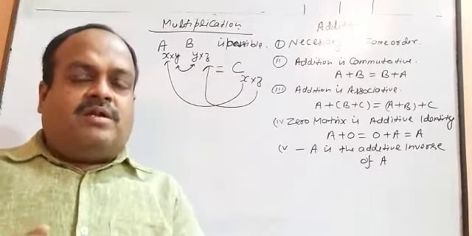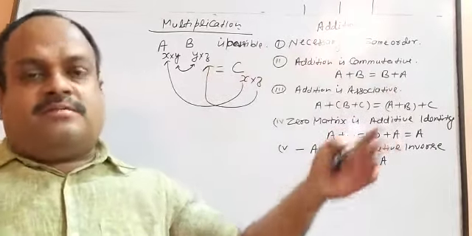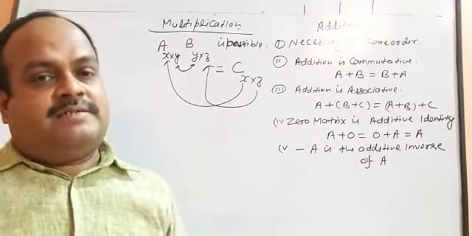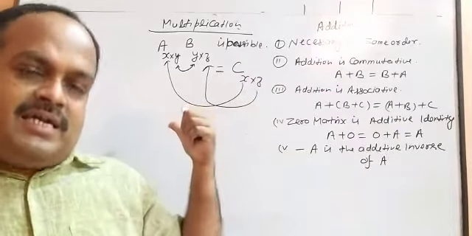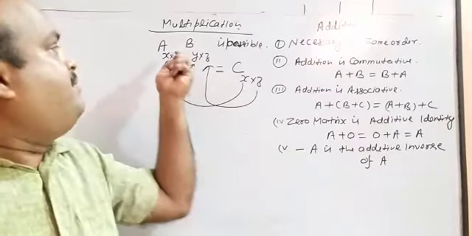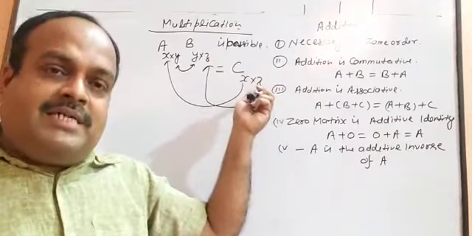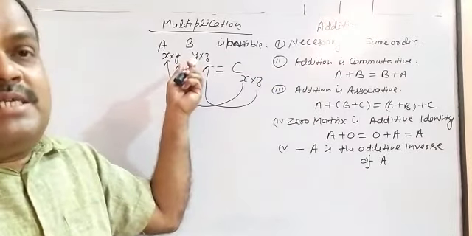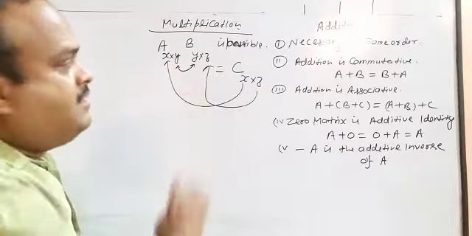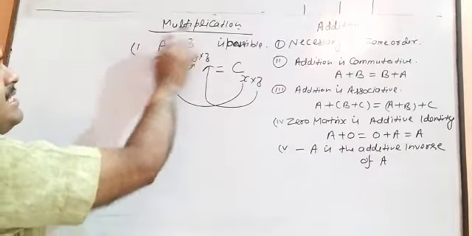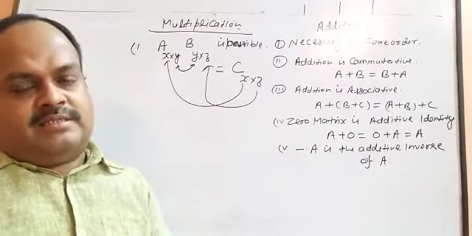It means when we do the multiplication, in the product, which will be a matrix, the number of rows will be the same as the number of rows in A, the pre-factor matrix. The number of columns in the product will be the same as the number of columns in the post-factor matrix B. B is called the post-factor matrix. Clear? Okay. Now second one. This is the necessary condition. This helps us to get the order of a matrix.